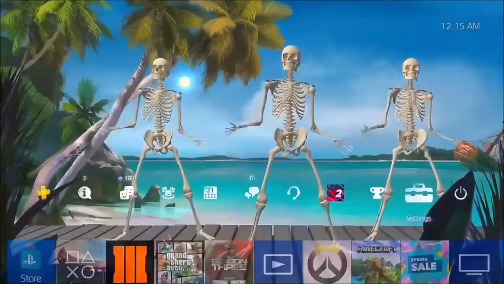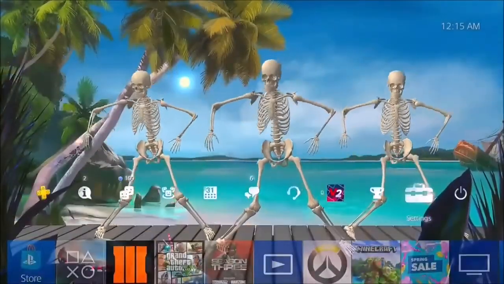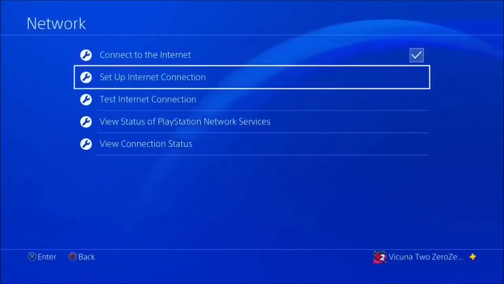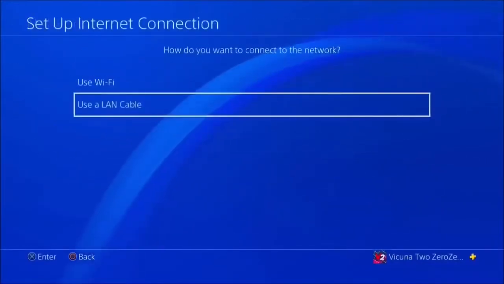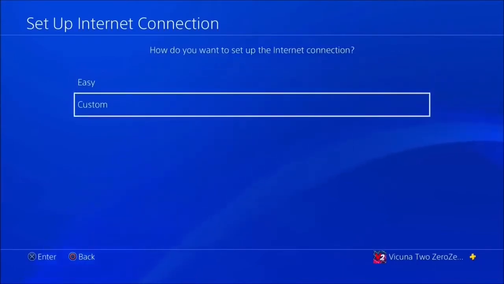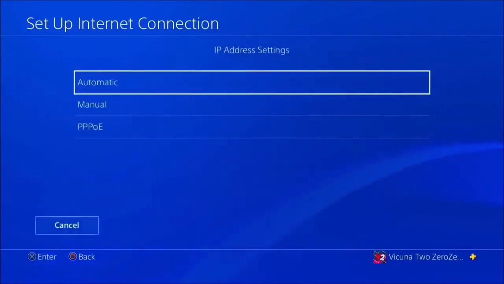Now that we're done with that, what you want to do on your PS4 is go into your settings. Click on network in your settings and click where it says set up internet connection. Then click on whatever option you currently use, either wireless or wired. I do have it wired, so I'm going to click on LAN cable. From there it's going to say how do you want to set it up. You just want to click on custom. And then from here just click on automatic, do not specify,